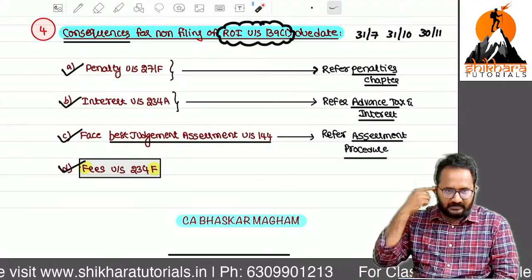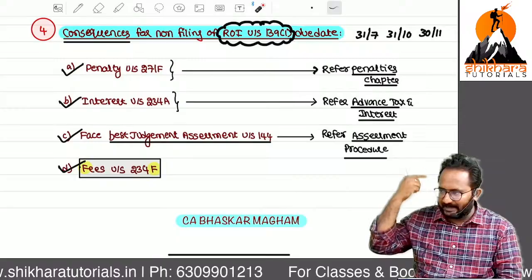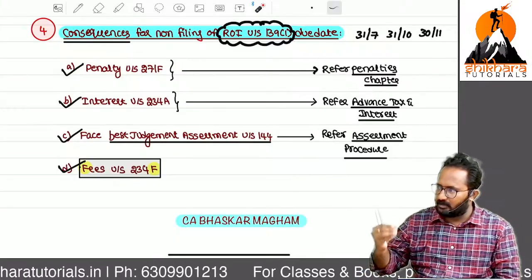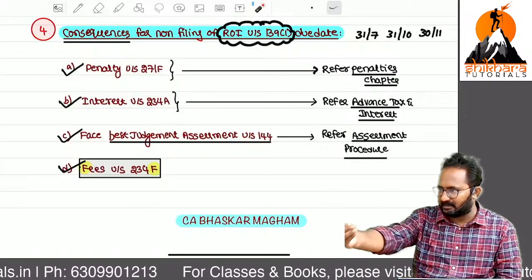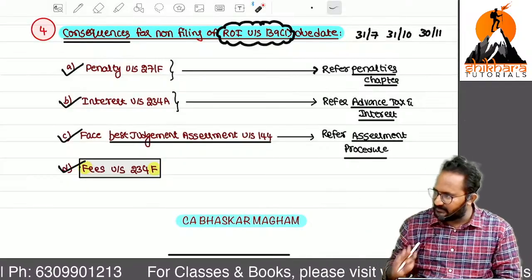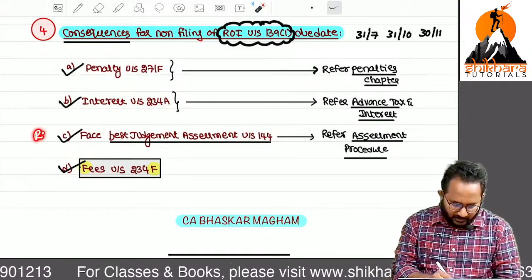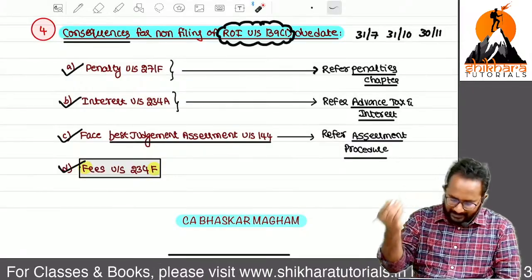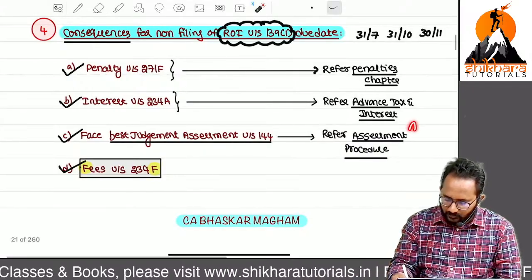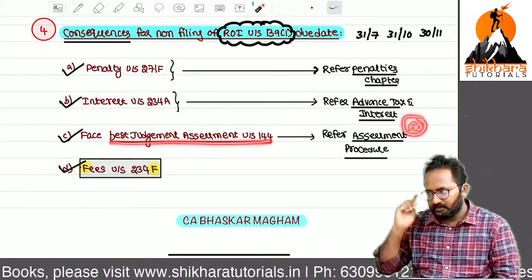So the assessing officer, as per his decision or as per the available information, will compute your total income and tax liability, and collect that amount of tax from the assessee. Here there is no need for a return of income, because you have not filed it; as per the bank statement or the available records,